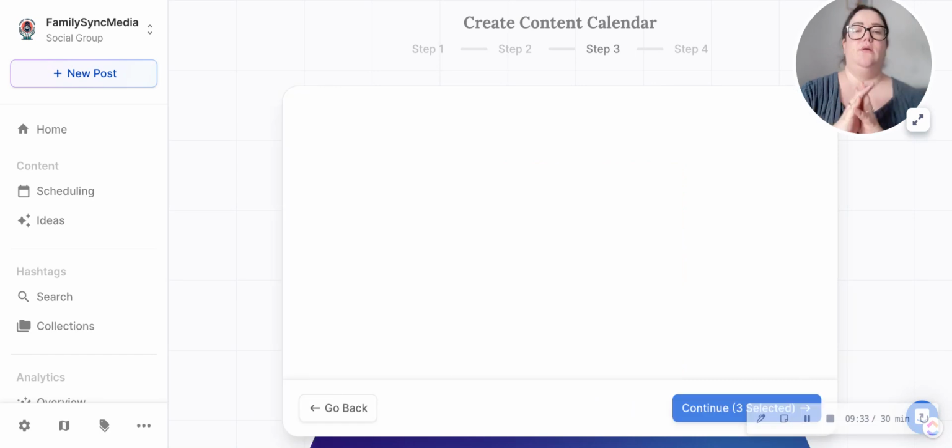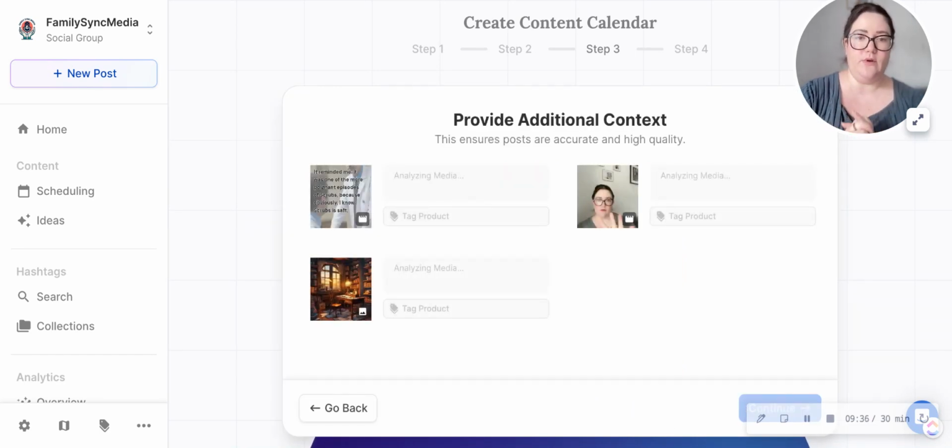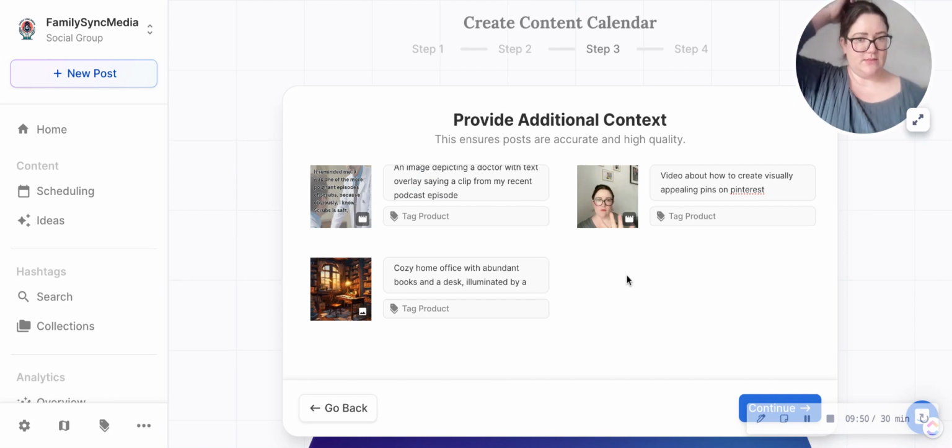Give it a second and it will analyze this media. So it will figure out what this media is about. There you go. It takes a little bit longer with videos, obviously, because it's depending on the length as well. Okay, so once we've got the context, you can then, if your video markets a particular product, for example, so for this one,